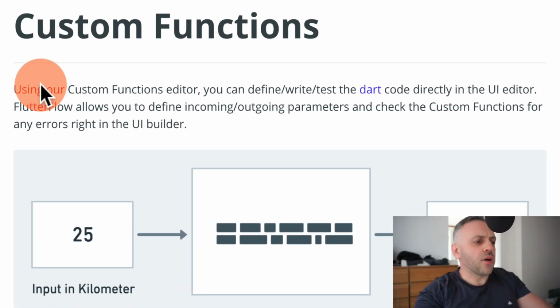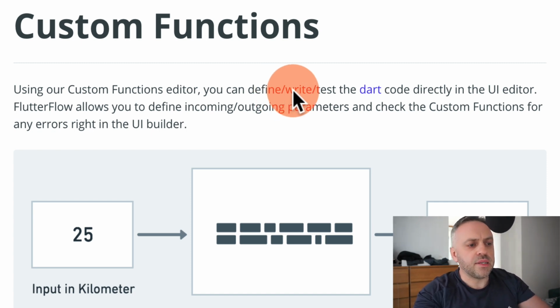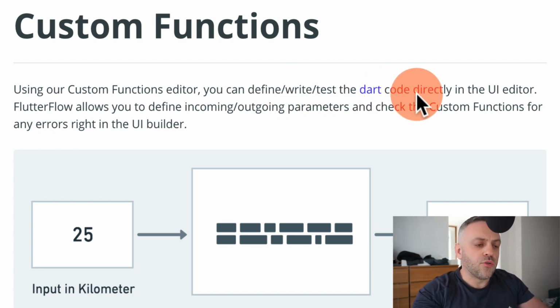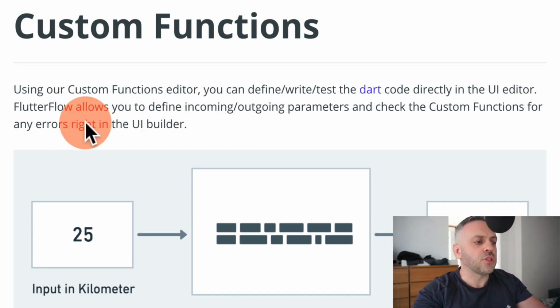So here's the documentation for FlutterFlow. We're going to be talking about custom functions. And so custom functions allow you to define, write, and test Dart code directly in the UI editor, okay? FlutterFlow allows you to define incoming and outgoing parameters and check the custom functions for any errors right in your UI